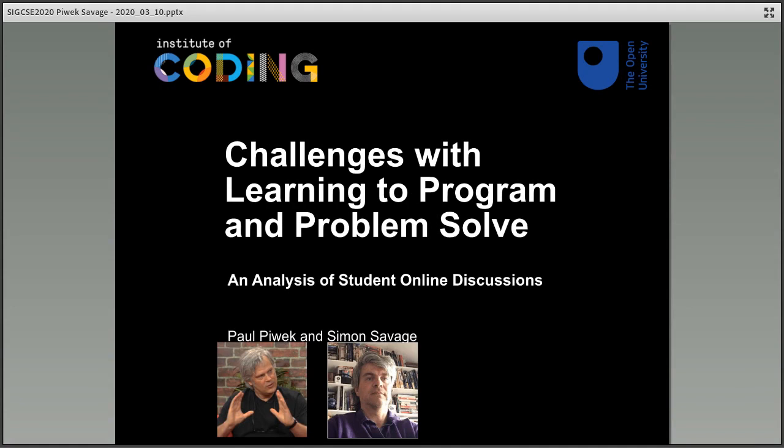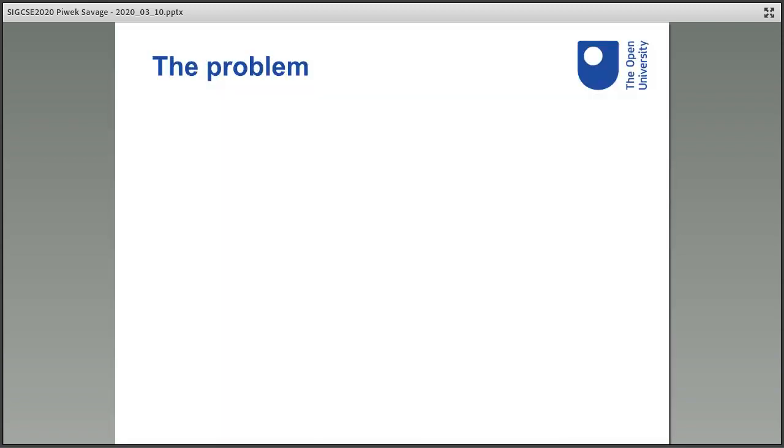The Open University is a blended and distance learning university which was founded 50 years ago with over 2 million graduates so far. The research we will be talking about has been funded by the Institute of Coding. The Institute of Coding consists of 33 universities and over 100 employers across England and Wales, and is funded by the UK government's Department for Education.